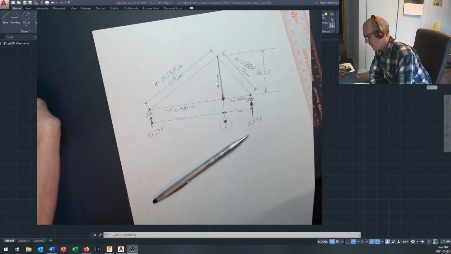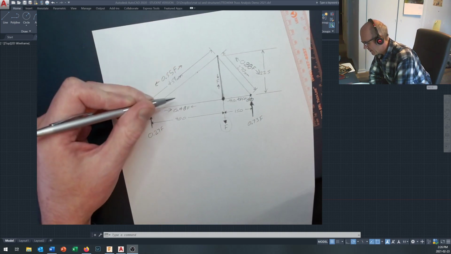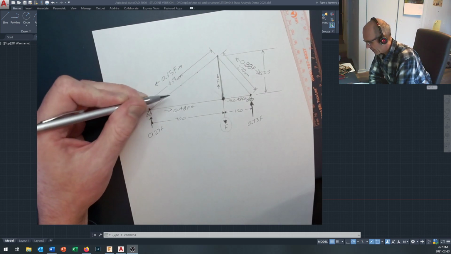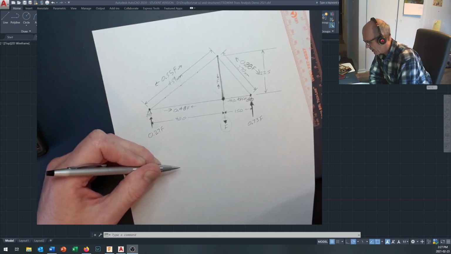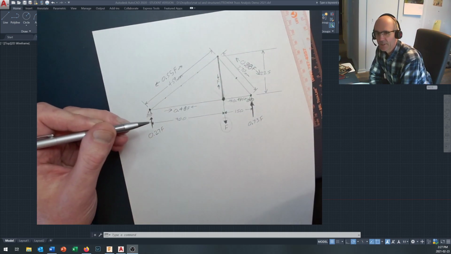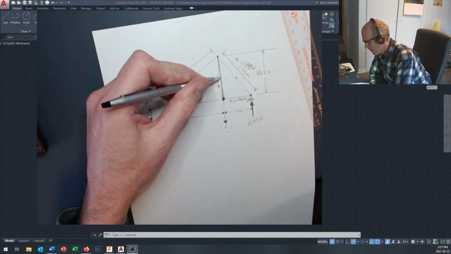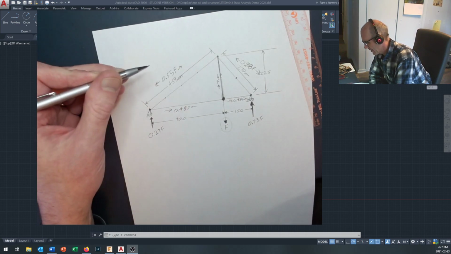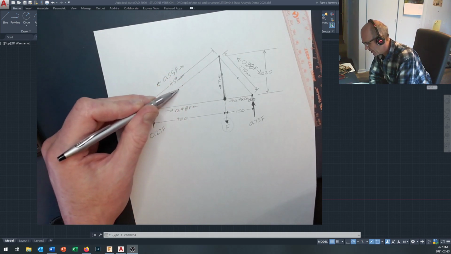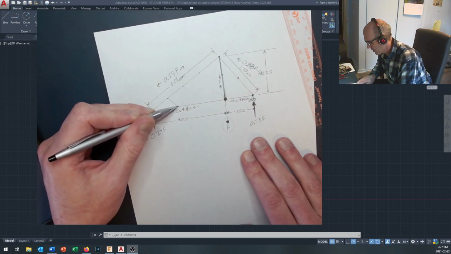So I'm going to break these down into smaller sections, and I'm going to put a couple of nodes in right here. I'm going to break this one down into some sections right here, break this one down right here, and now I need to brace those nodes. To do that, I've added a couple more nodes right in here. And so I've come up with a design. I said, well, if I've got that there, maybe I'll bring this one down. And I just arbitrarily offset this, brought it down in here,